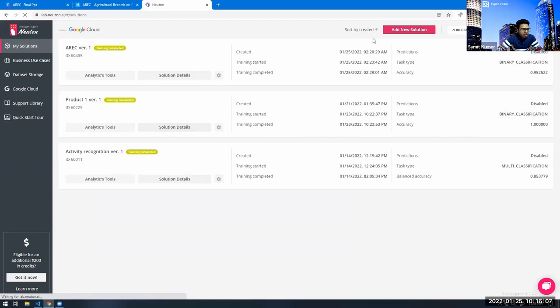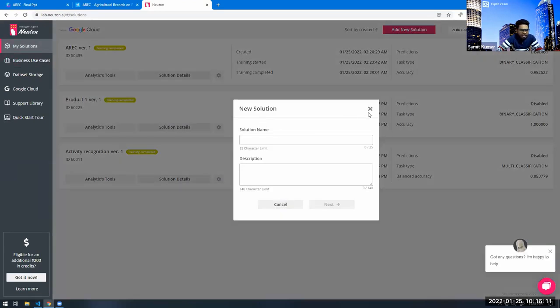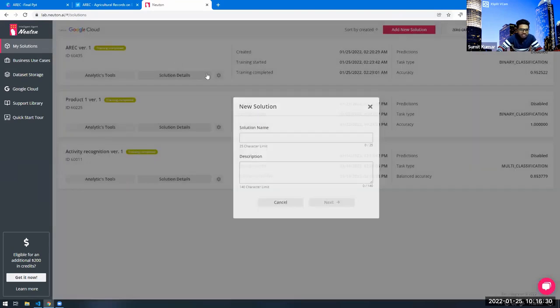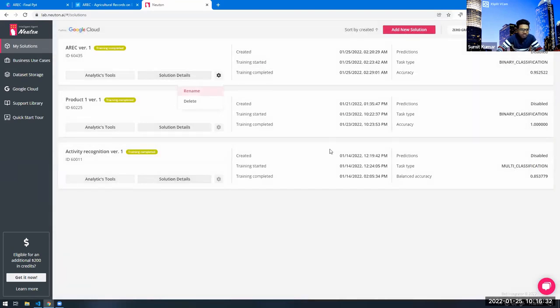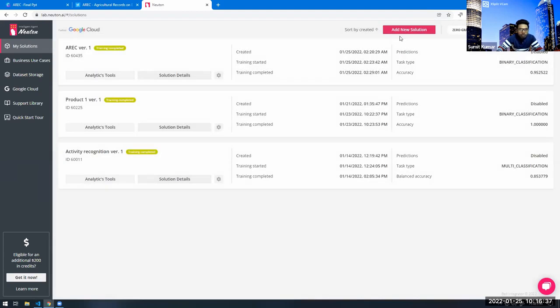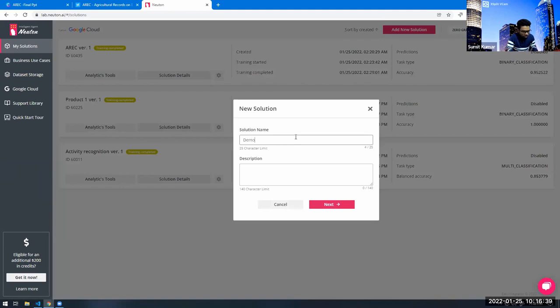Okay, so we are going to add a new solution, because adding a solution is the first step. It barely takes more than 3 steps. This webinar is all about 3 steps to perform machine learning with Newton AI. So the first step is adding a new solution and adding a data set. This is how it is done, let me explore this. You just add a solution and the description, and then you go on to adding a data set. I'm just going to show you actually.